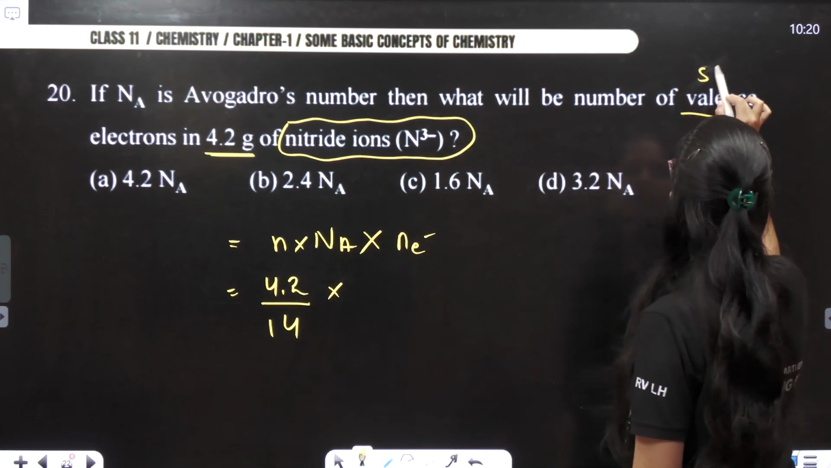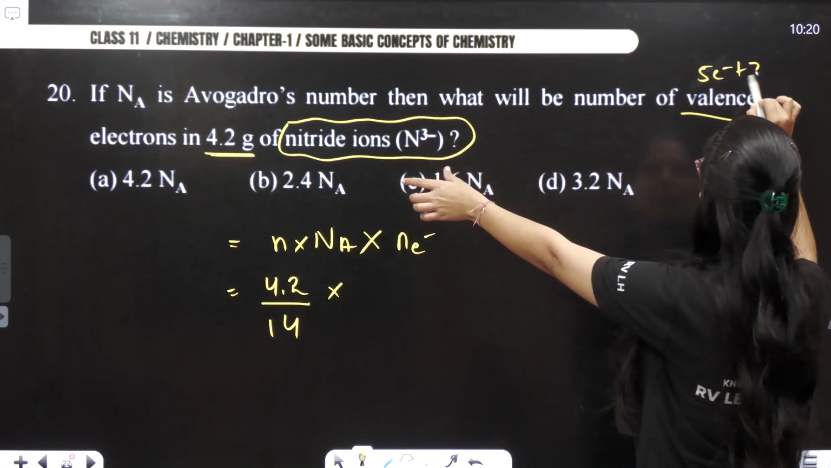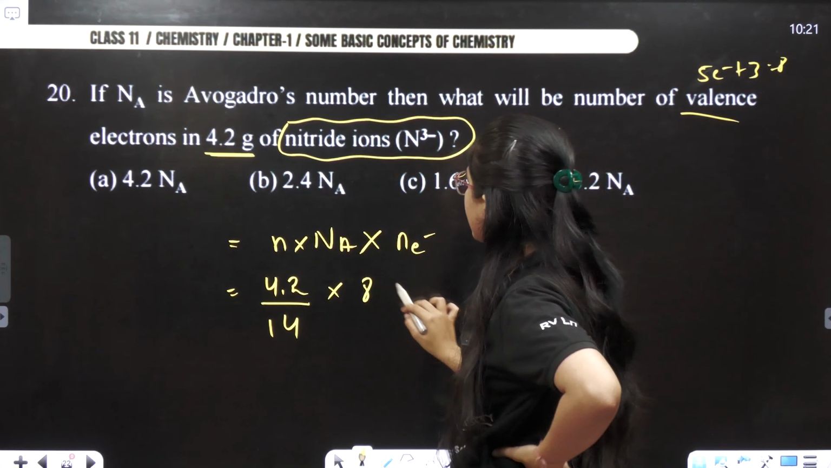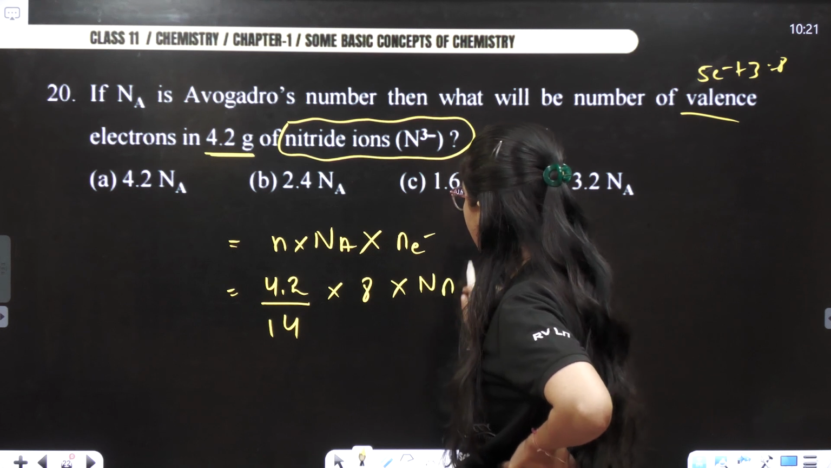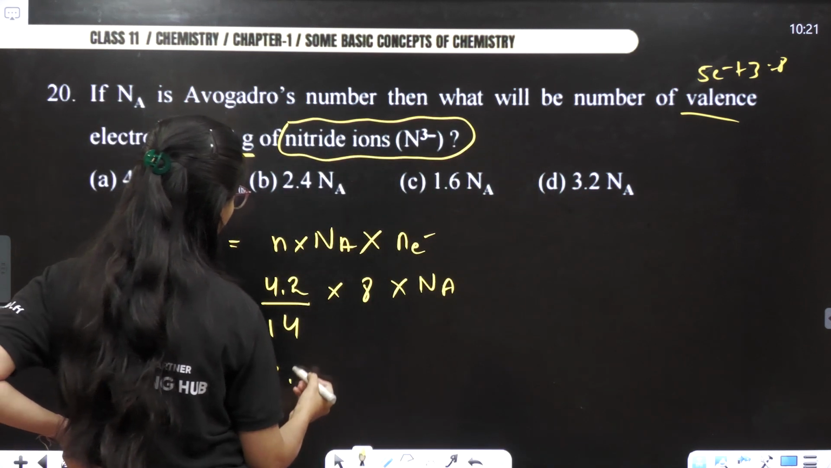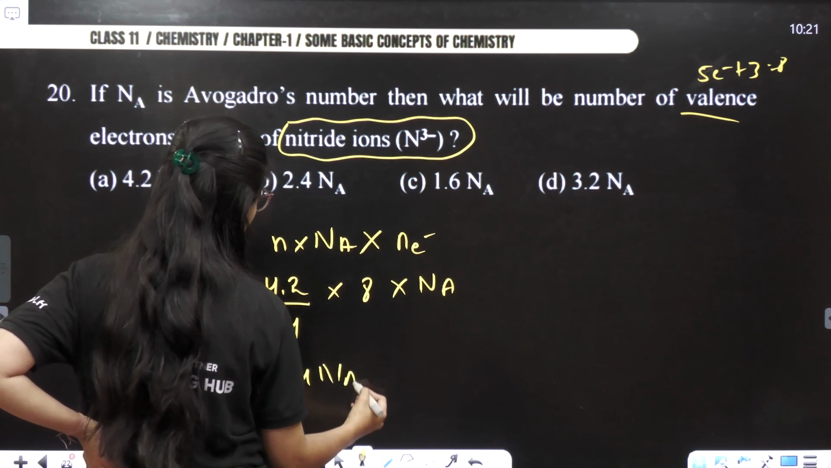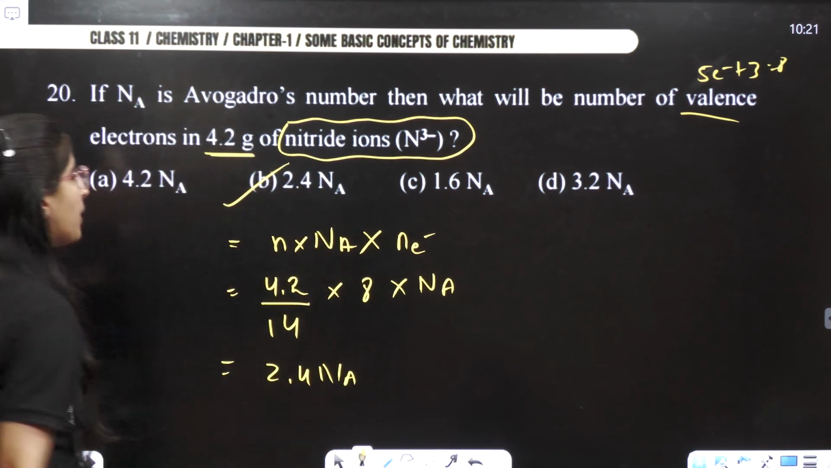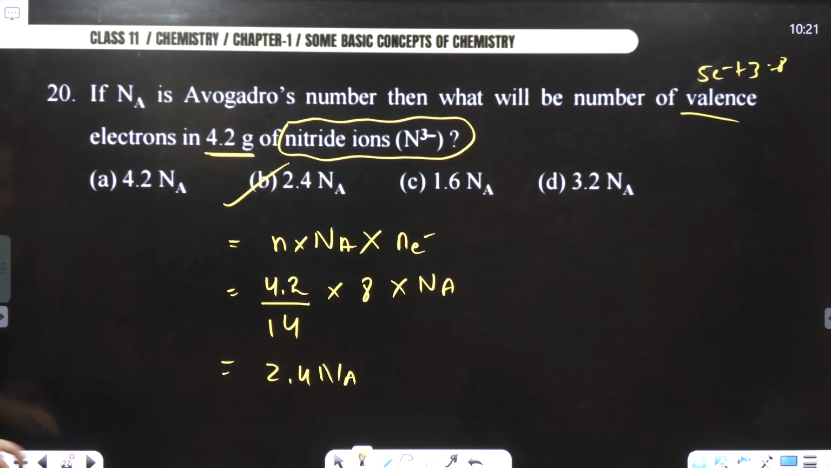So valence electrons here are 5 and there is a minus 3 charge, so 8. So 8 into Na. Correct. And what will be the value now? Here it will be giving you 2.4 Na. So the correct option will be option number B. Okay. Next,